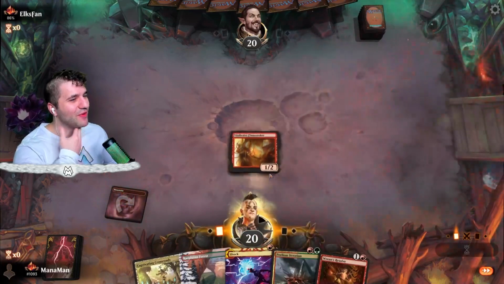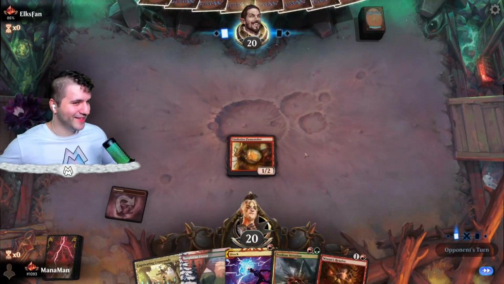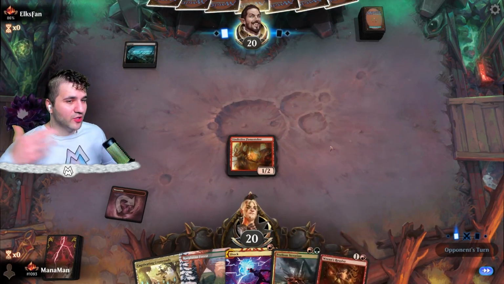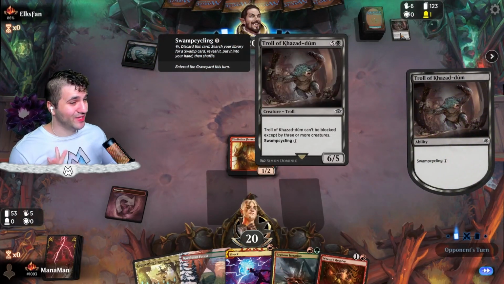Well, let's go and drop our Vindictive Flamestoker. Stoked to see this card. Pun very intended. So we got the Perilous. I mean, this is pretty good. As long as you have a turn 1 creature and you got a Perilous Iteration, you're